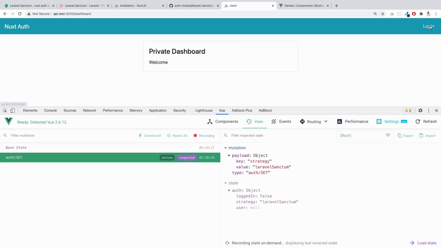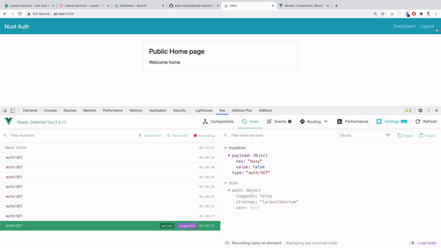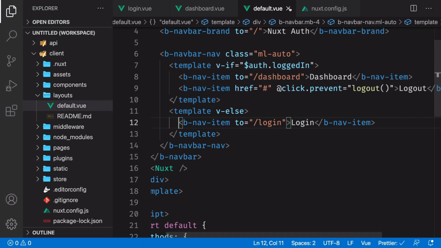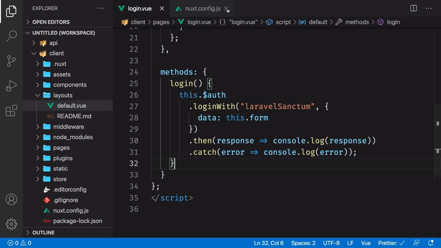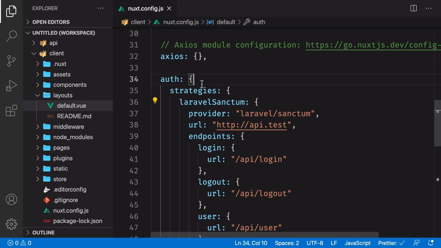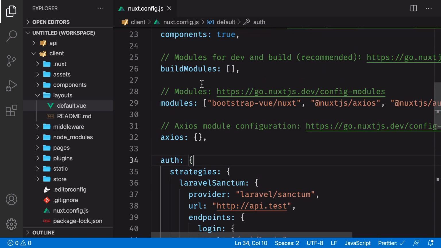And if they go to the login and they click login, now they are logged in, they can see the dashboard and they can see the logout buttons. Let's now implement the middleware to ensure that users are not able to visit pages that are private if they are not logged in. Now, like I mentioned, the module comes with a couple of middleware, and the authentication middleware